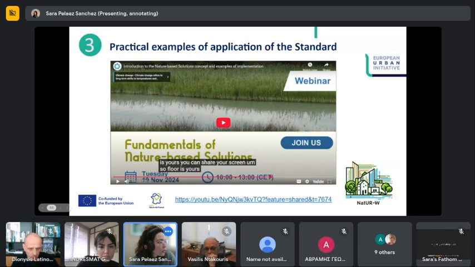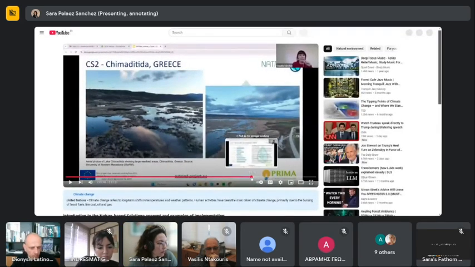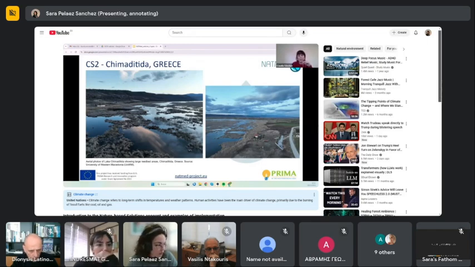Okay. The study is placed in Greece, in the Macedonia region in the north of the country. Timaditida is part of a lake complex that is surrounded by two small hills and a large crop area. It is an area of great ecological value, which is part of the Natura 2000 network, with a rich variety